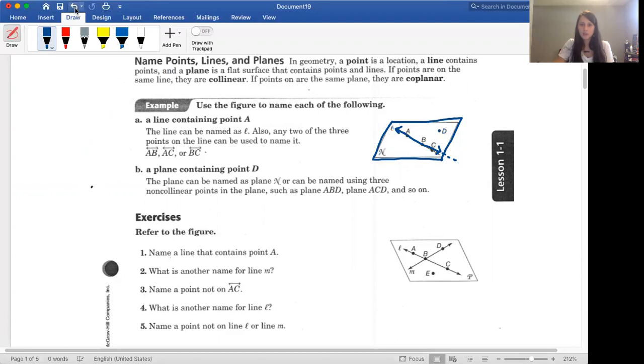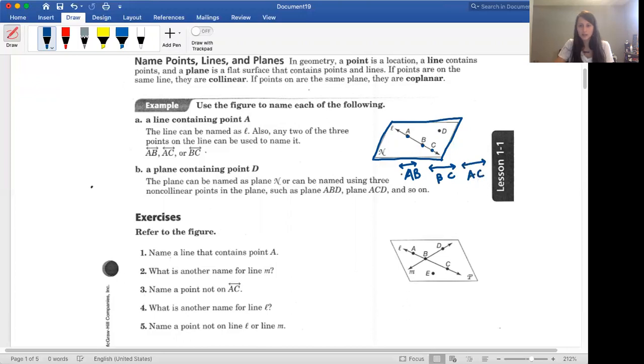So my 2 points, actually I have 3 points here. So I've got point A, point B, and point C. They are all connected. So I could name this line by any of these 3 points, as long as I have 2 of them. So I could say it's line AB, and I'm going to draw a line on top of the 2 letters to show that it's a line, and the arrows show that it goes out forever and ever. I could name it BC, or I could name it